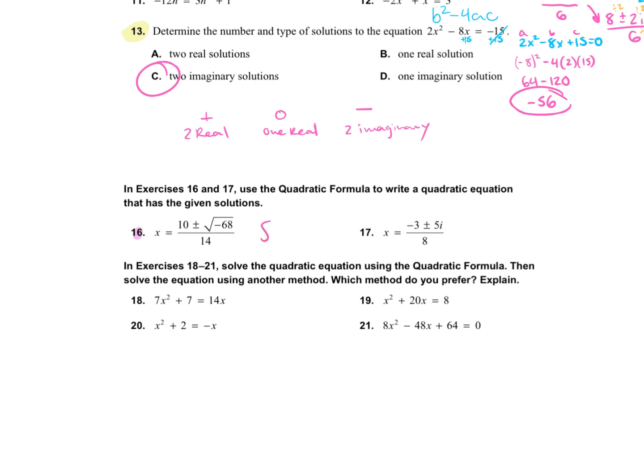Skip these, you don't have to know how to do them. So for number 16, you can